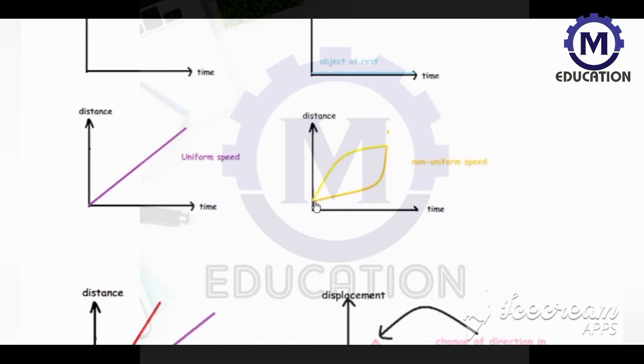Why is it non-uniform? Because initially, in this line, the car is moving fast, meaning in a short interval of time it is covering a large distance. After some time it's slowing down. But in this line you can see that the time is passing, but the distance covered in unit time is very low. Suddenly, abruptly, the distance covered in unit time shoots up or changes. It means the object has sped up.